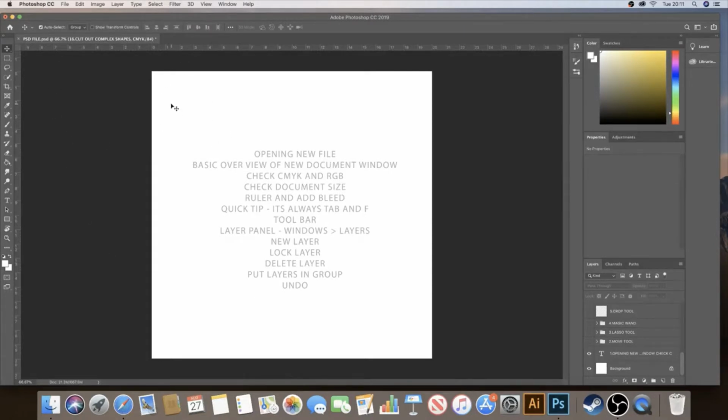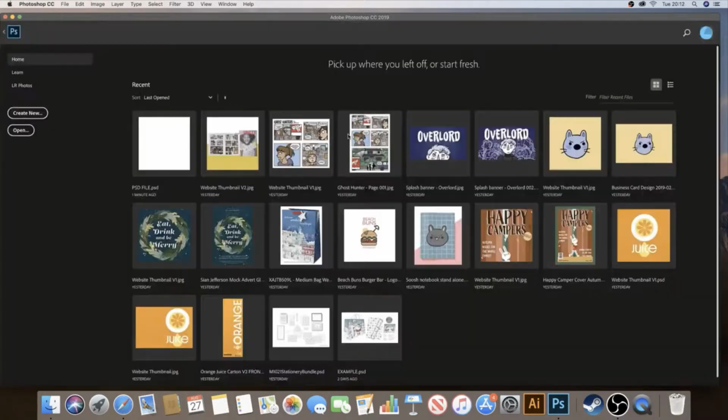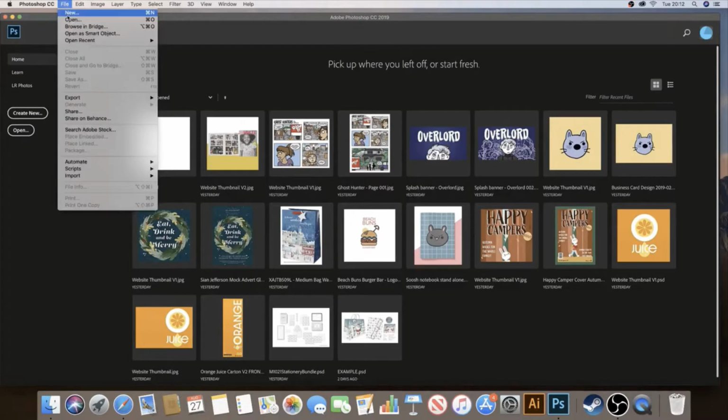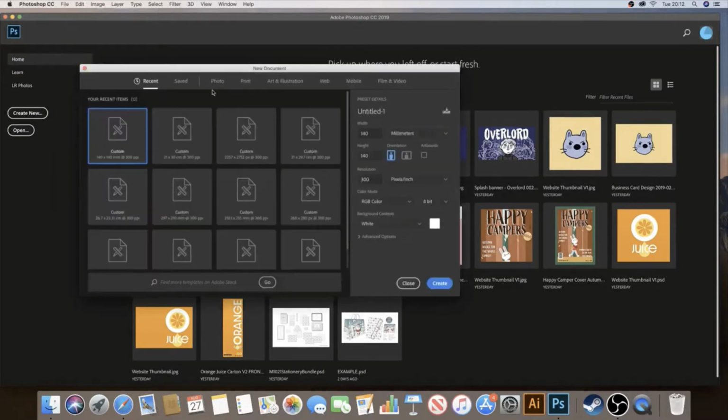So let's start with the very basics. If you didn't have this file open, this would just be black. So if we go don't save here, you'll have this kind of layout. This is where all your opened documents are, from historical documents. All you need to do is, for a new file, you just go File, New, and it'll give